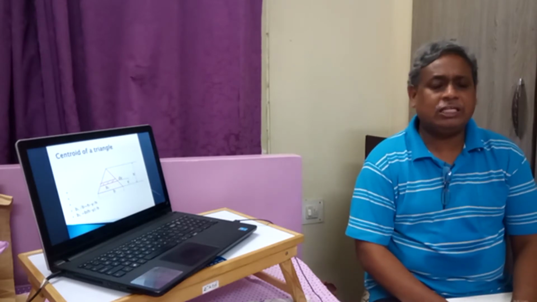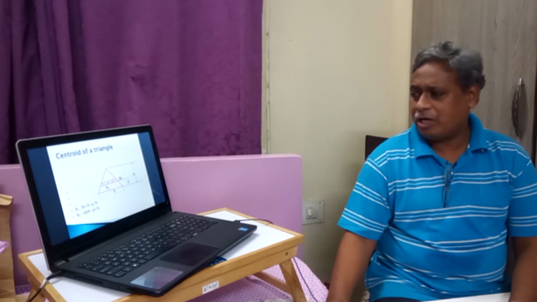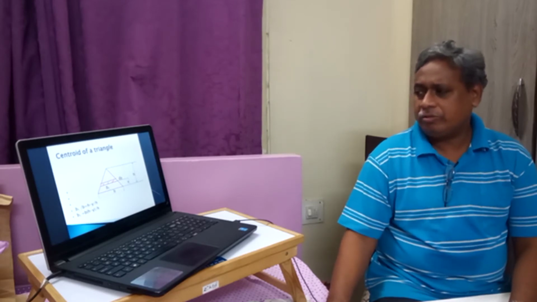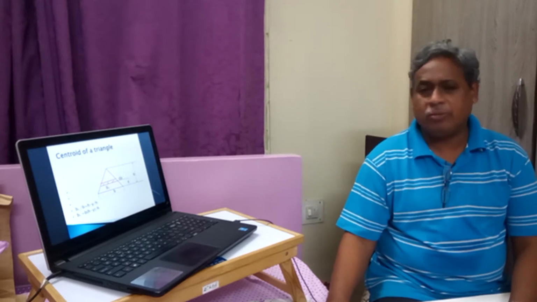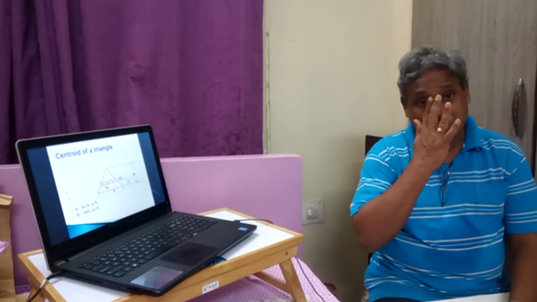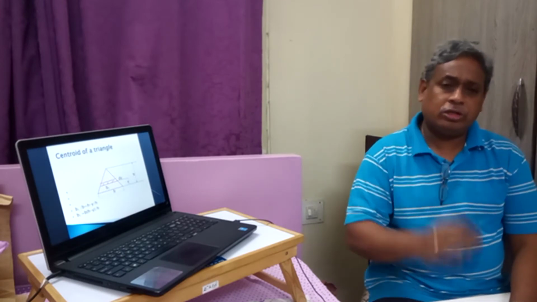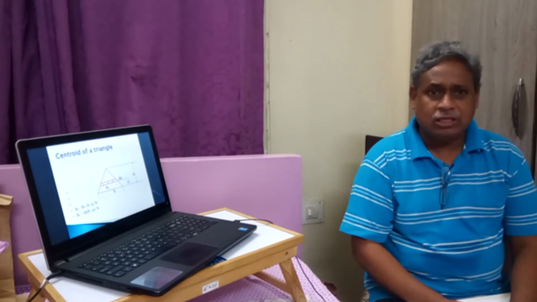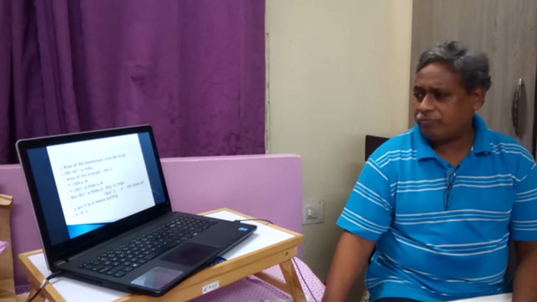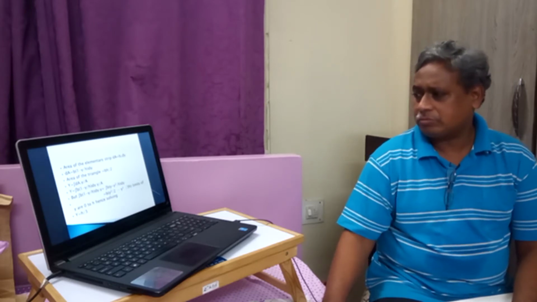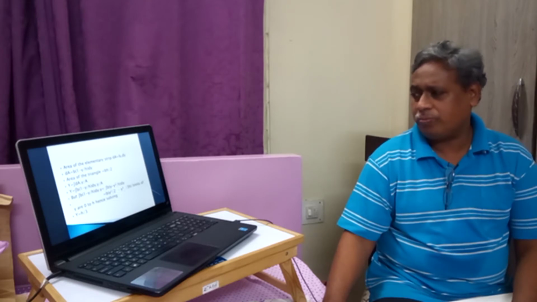Similarly, the centroid of the triangle is also found by taking a strip parallel to the base and summing such strips. The summation of those strips will give you the moment of areas of those strips in the y direction. So, the summation of all strips will give you b into y square by 2 minus y cube by 3h.